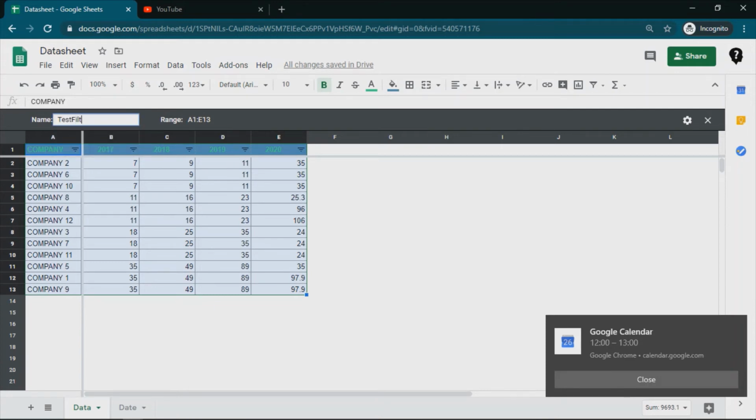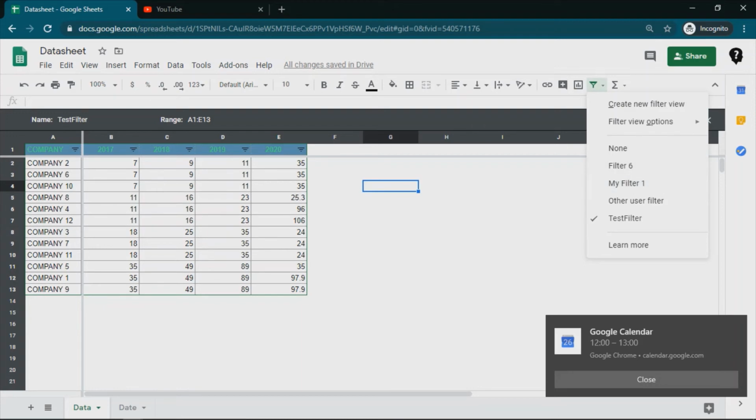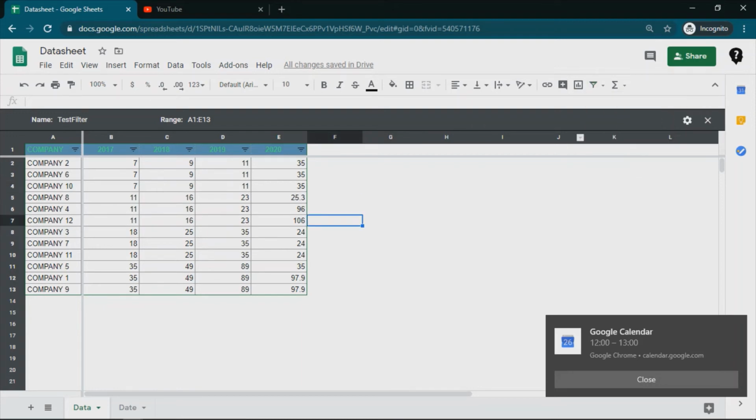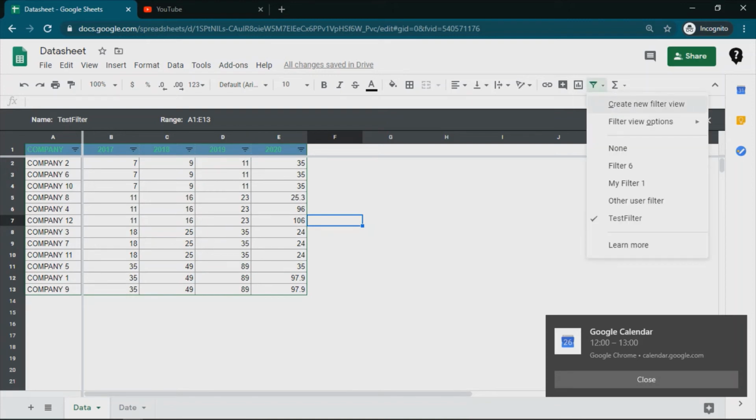Now if this sheet is shared with other users and they are working parallelly on this sheet, they may create their separate filter view. This can be accessed by each person to whom the sheet is shared, and they can independently work on this data set.